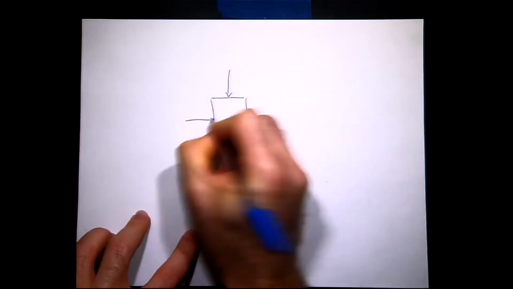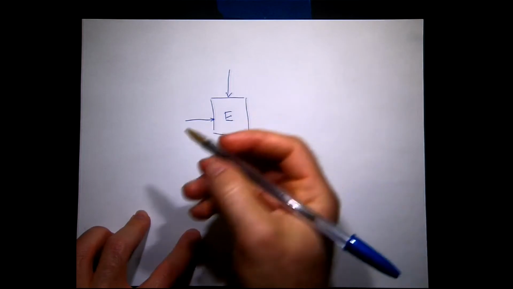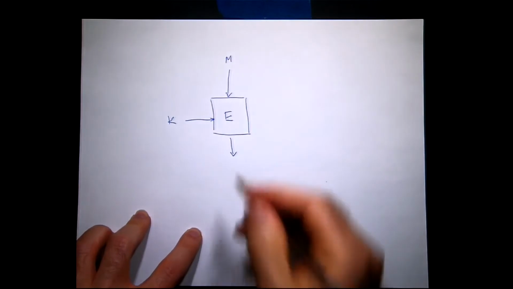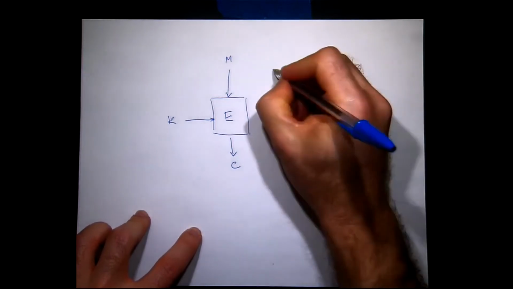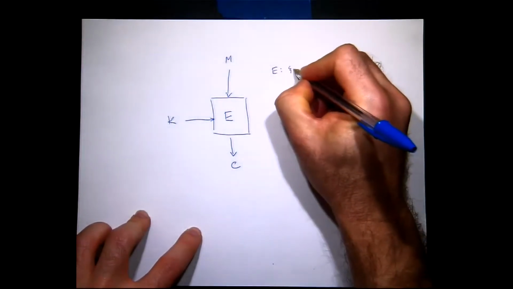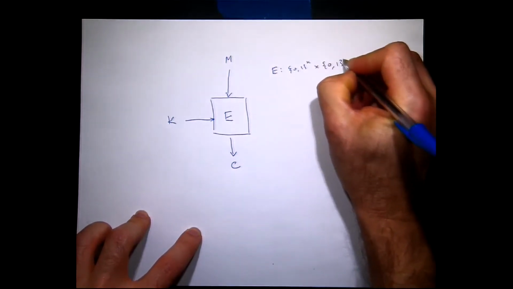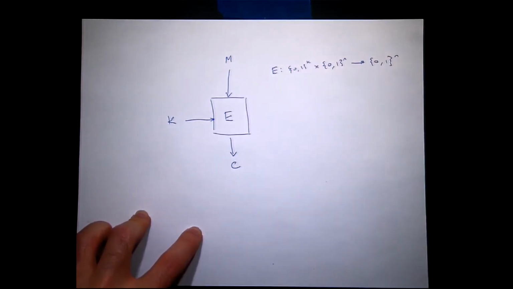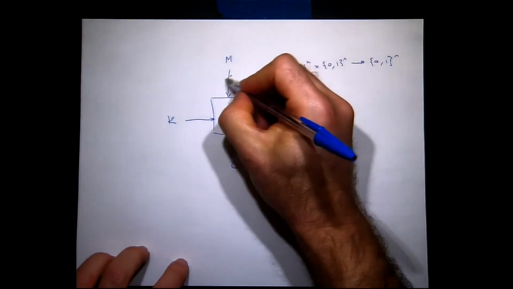A block cipher is something that takes two inputs and produces one output. It takes as input, let's call it M for message, and it takes K for key, and it will produce an output, let's call it C. So mathematically, we could write the function signature for this like that. And if you can't read my handwriting, what I'm saying is that the message input is